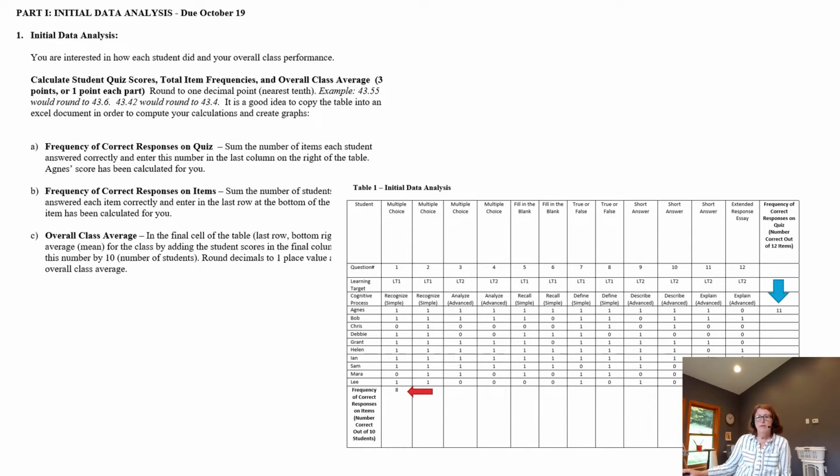So you're going to do that all the way across and see for each question how many students got that right. And then in the final box, which is the last column, last row, on the bottom right, you're going to calculate an average, a class average. And what you're going to do is you're going to take all of the scores above it, above the column, and you're going to add them up. So for example, Agnes got 11 right. You're going to add up how many Bob got, how many Chris got,